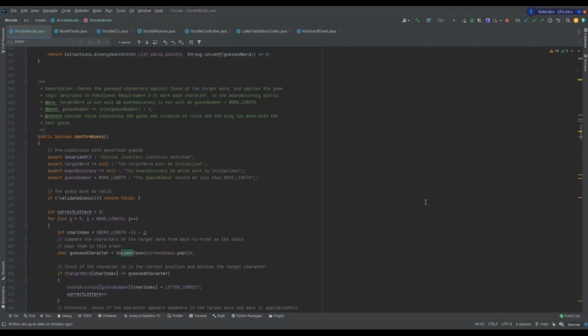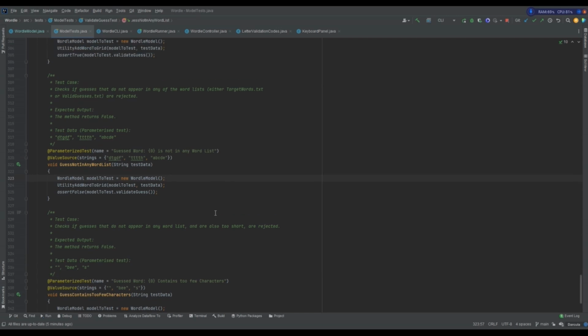Quick look at the code submitted, just so you can get a better understanding for non-functional requirements 4 and 5, but I believe it's of strong quality and has all of assertions, it has invariants, it's strongly documented. We provide a class diagram just so you get a better understanding of how the model, view and controller interact with each other. It's fully unit tested,